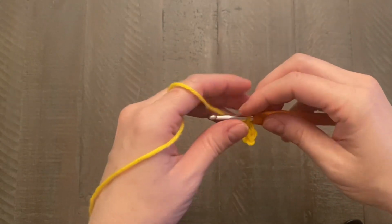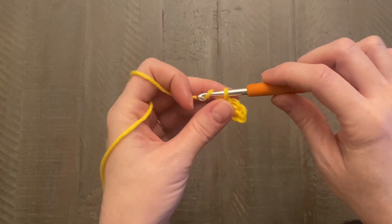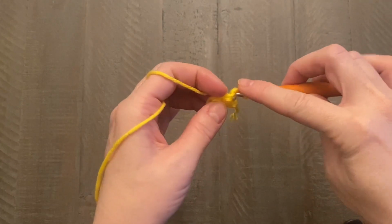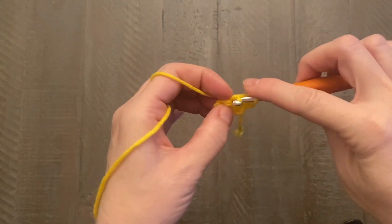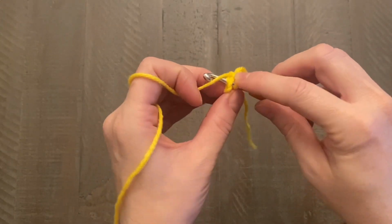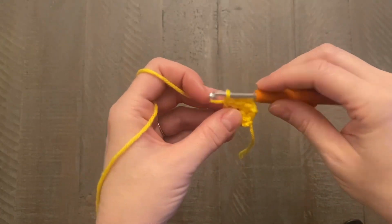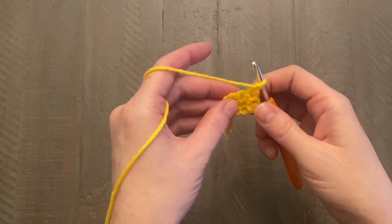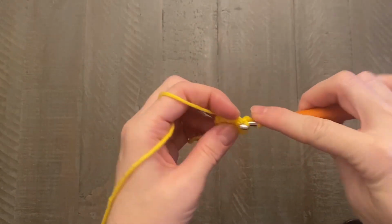And then we're going to chain 1, and turn our work. And then you're going to go ahead and work 1 single crochet into each of those stitches, right back down that row. So again, you should have 3 stitches. You're going to chain 1, turn your work. We're going to do that again one more time, single crochet into each stitch,